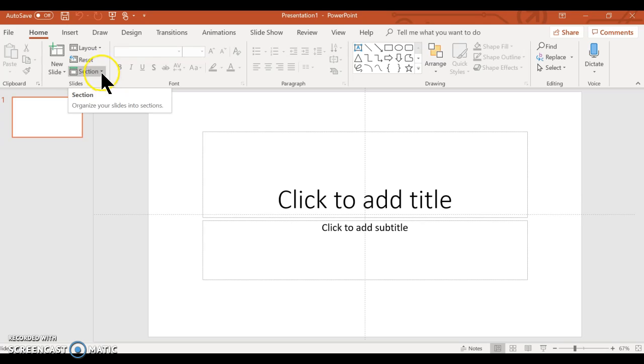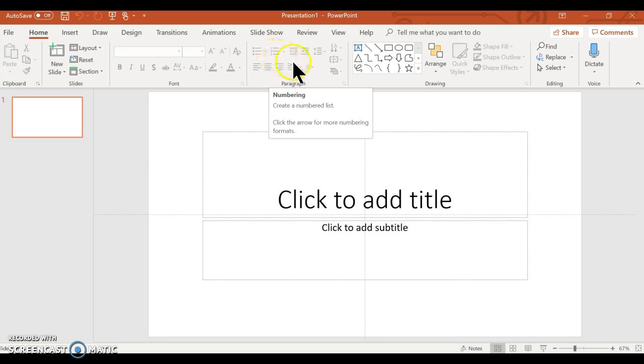Up here in the top left, you are going to have your toolbar. You are going to have the new slide option. You're going to have options for layout, for reset, for section, your basic standard font options that you would find in Word. You're going to have places where your text can be moved off to the side. You can use double space, bullet points. There are all kinds of options here. If you've used Microsoft Word before, you're very familiar with this particular part of the toolbar, known as the Home